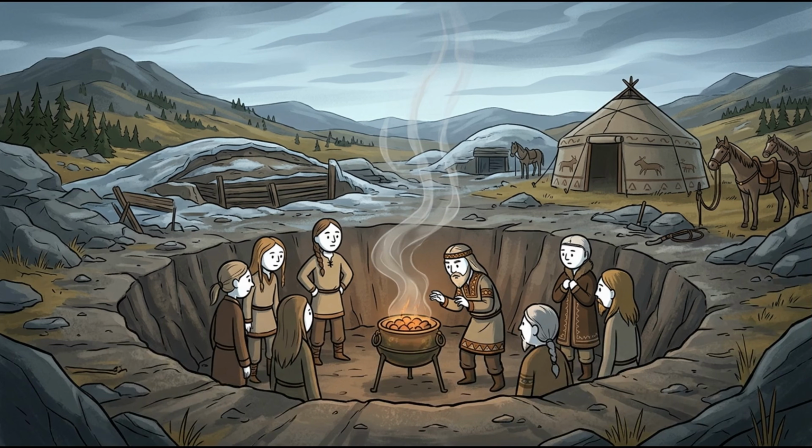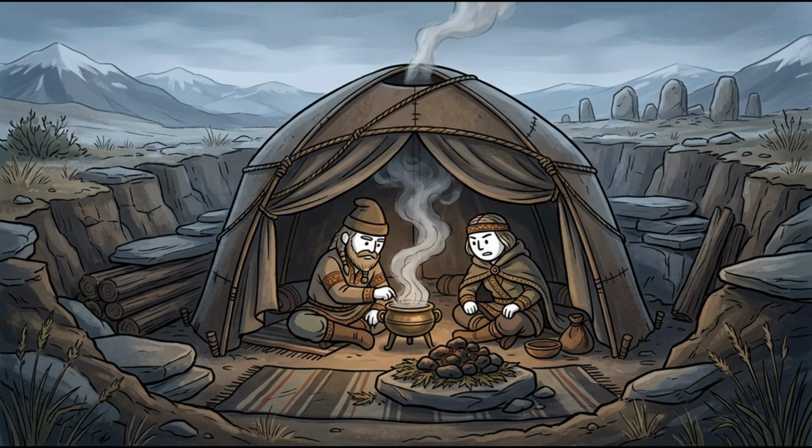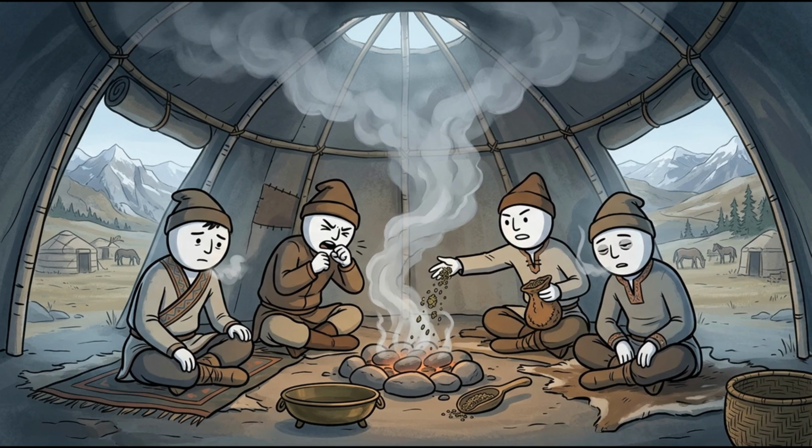He wrote that the Scythians threw hemp seed onto the stones, that it produced a vapor no Greek steam bath could match, and that the people inside howled with pleasure at the effect. Rudenko's excavation put an actual censer, actual scorched stones, and actual cannabis seeds directly into the frame of an actual tent. In undisturbed burial, dated to within a few centuries of when Herodotus was writing, later analysis pushed the picture